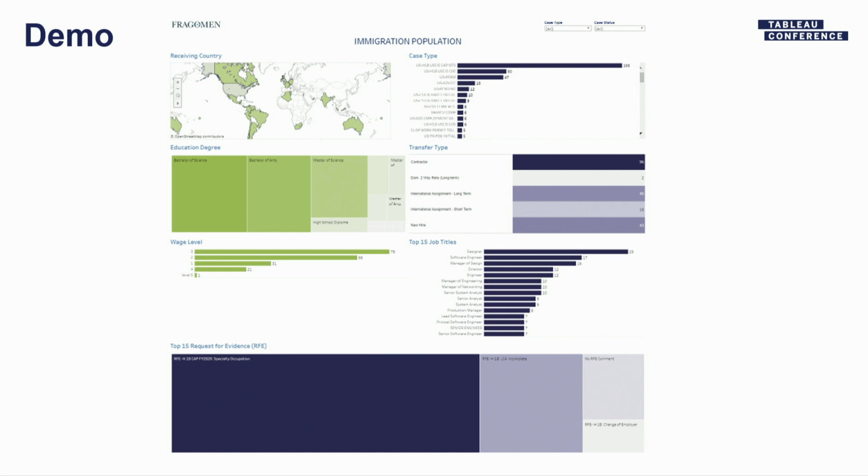So this dashboard is our immigration population dashboard. And we're going to actually revamp this in the next couple of months because this was kind of a first stab where it shows parts of the immigration population, but it's really not hitting exactly the way that we want to do because of the way that we use dates in our system. But what this is going to do is that,